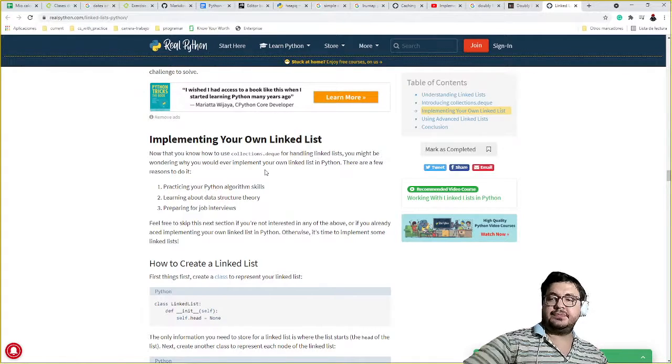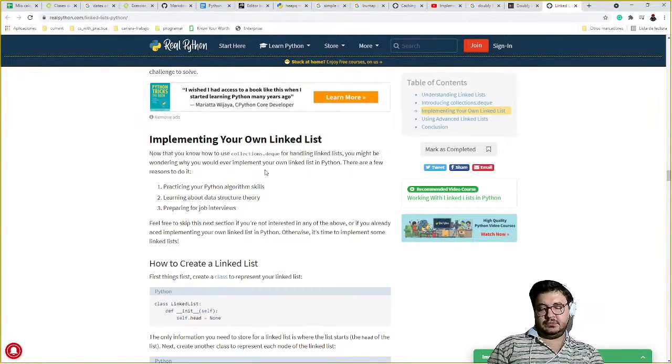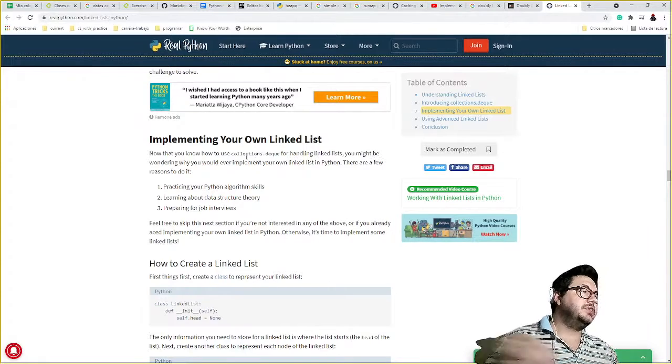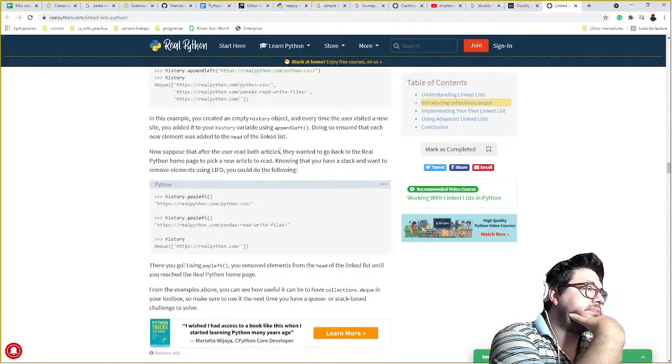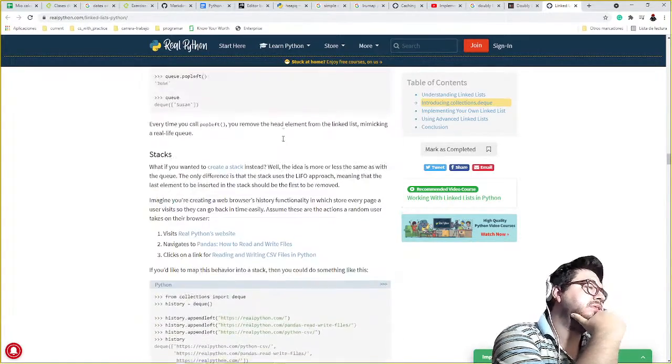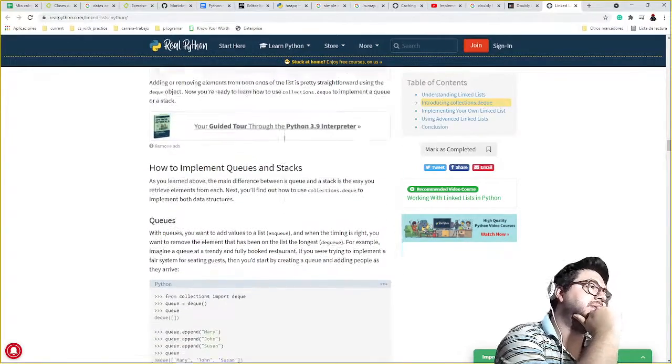Okay, now that you know you can use collections deque for handling linked lists, you might be wondering what you can use in Python. So deque. So let's learn how a deque works.